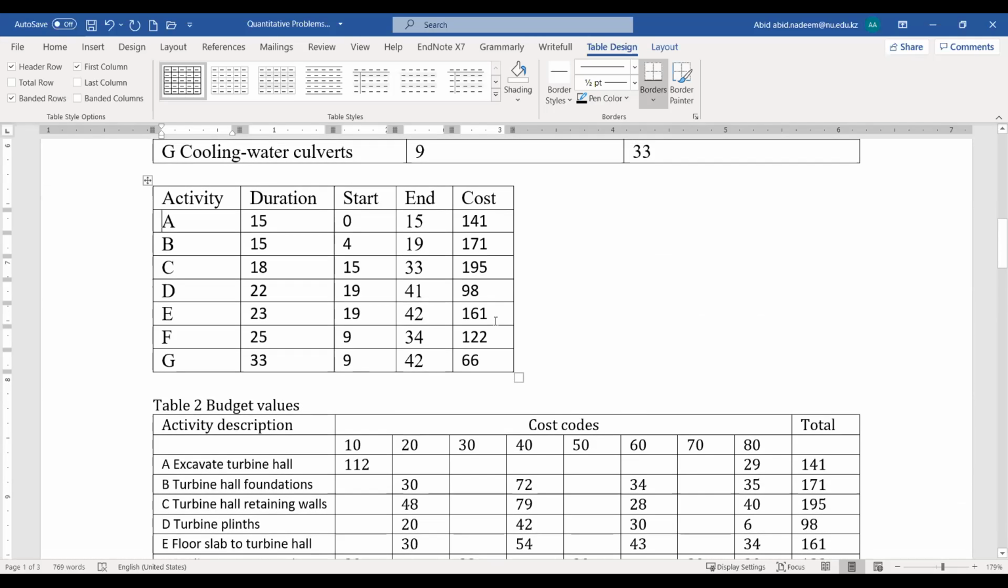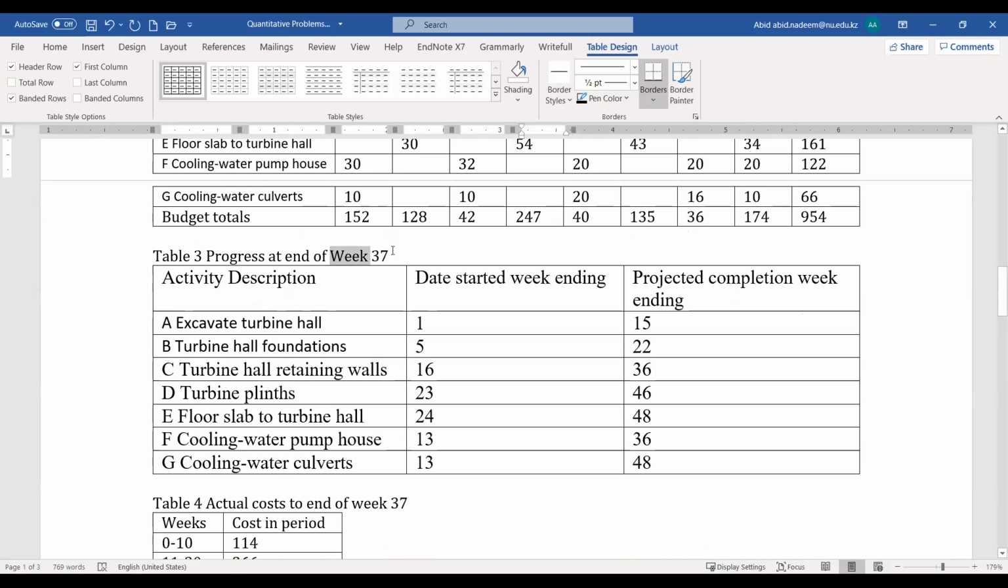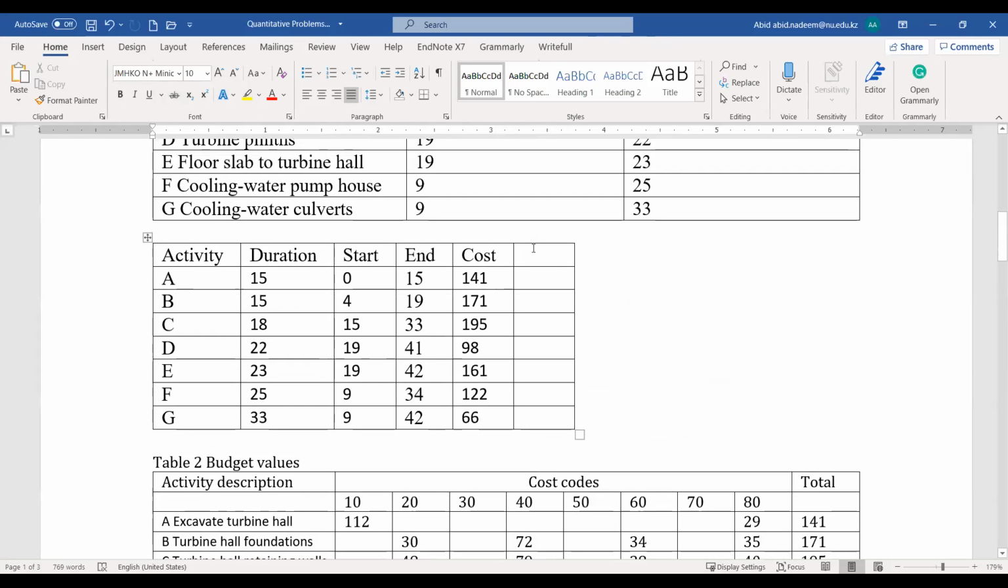Okay, so in this case, what is the status at the end of week 37? So this is for the whole project. Okay, so for example, now if I add one column over here, and this is the plan for the whole project. So now we are taking a status at the end of week 37. So at the end of week 37,